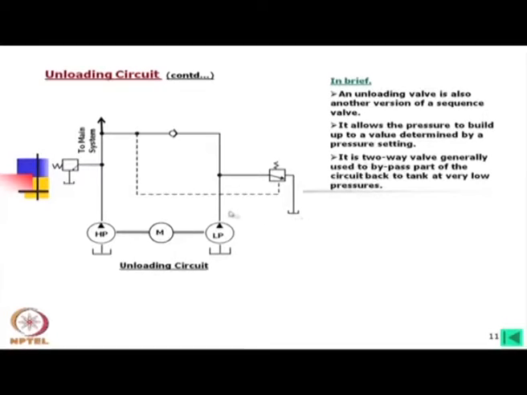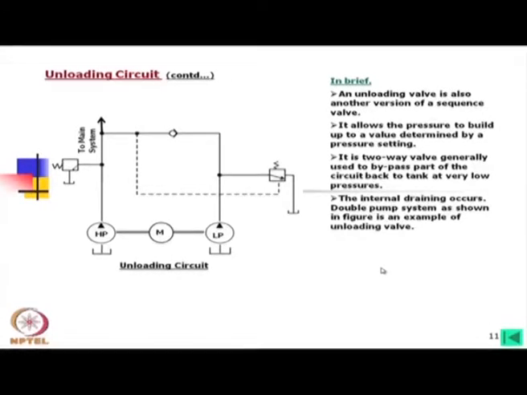So, two-way means that we have shown that there is a passage that is interconnected and it is also connected to the high pressure side and low pressure sides. So, construction wise it will be slightly different from the sequence valve or pressure relief valve. The internal draining occurs,